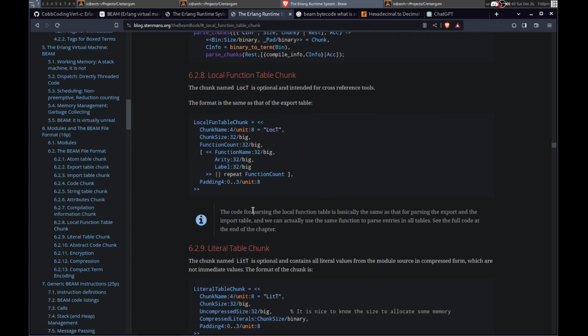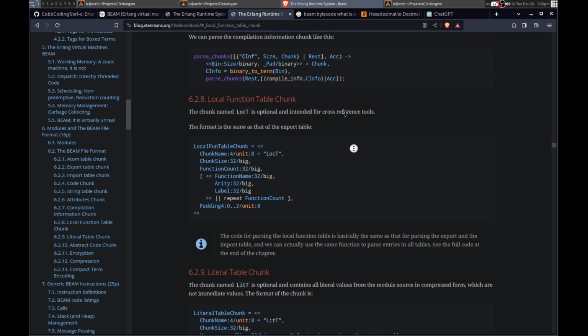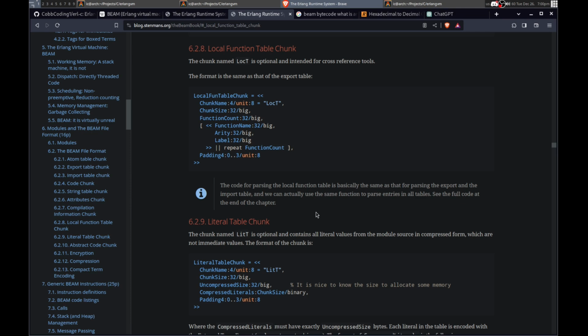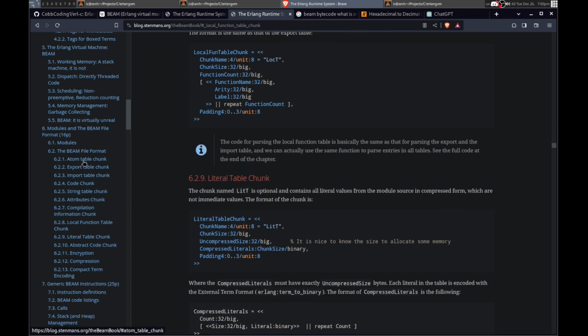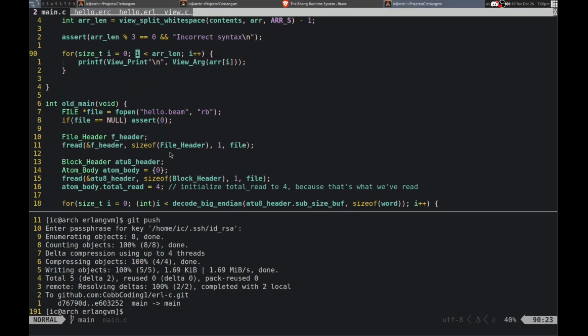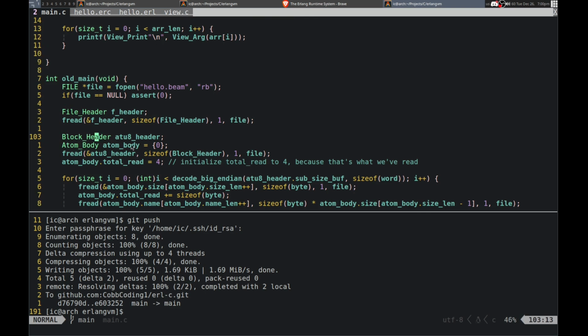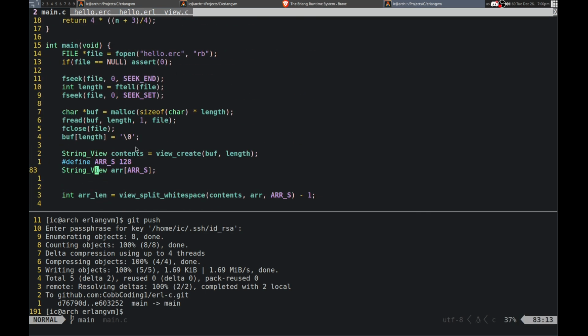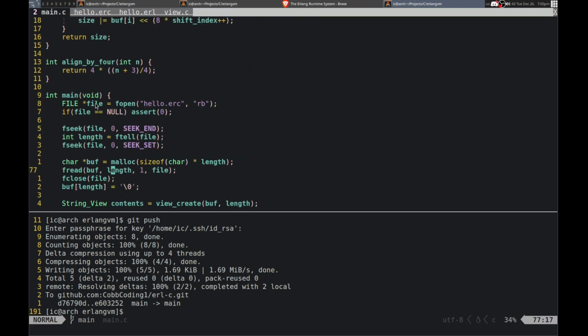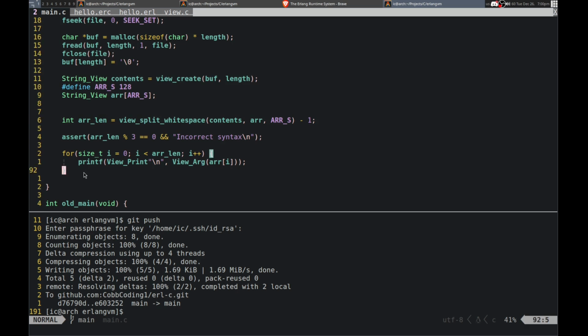So, let's say function, okay. Let's see. Cross-reference tool. So maybe we don't need that actually. Yeah, I don't think so. Like, I think we can just write empty data there pretty much. I'm pretty sure. So yeah. We can get started. Writing the header is very easy. Basically, we need to define a block header, not a block header, a file header, and then write that to the file. So, let's do here.